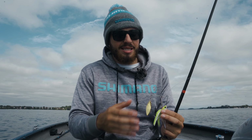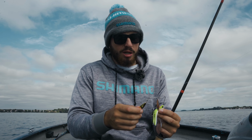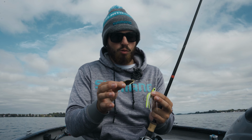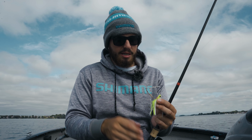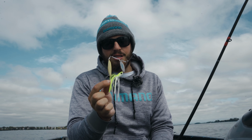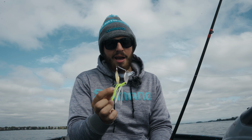crazy. The way the blades kick is unlike anything I've seen before. It's got such a big kick in the water, especially for some willow leaves. I've never seen willow leaf blades kick like that. It's crazy. All in all, fantastic spinnerbait. I definitely recommend, if you guys love spinnerbait fishing, to give it a try and put it to the test